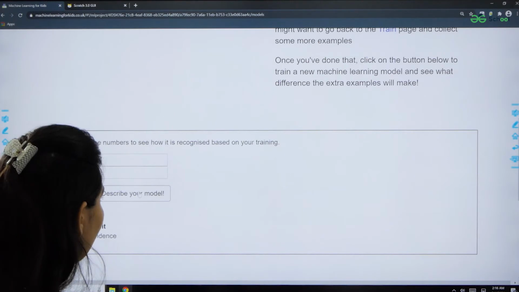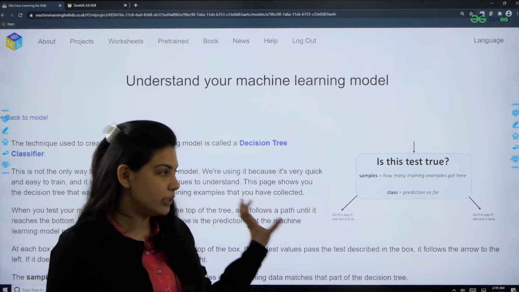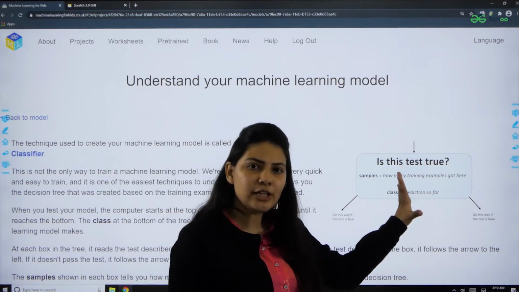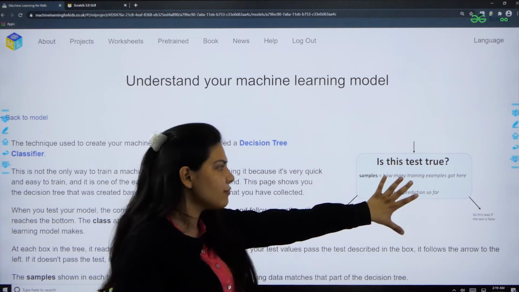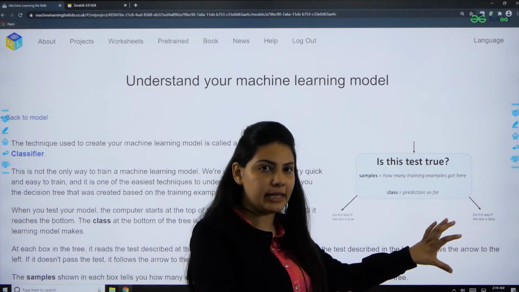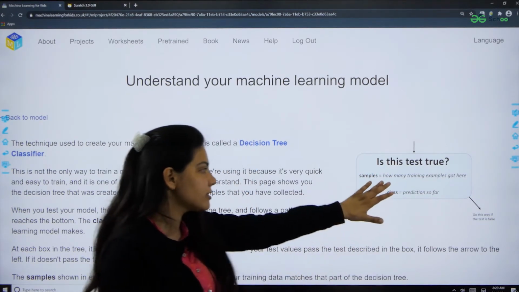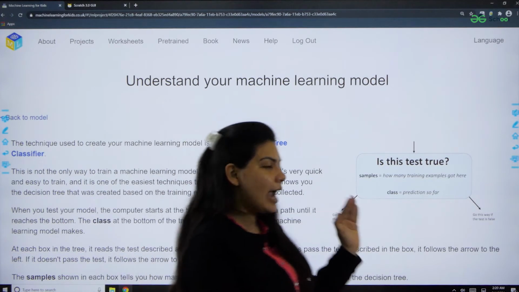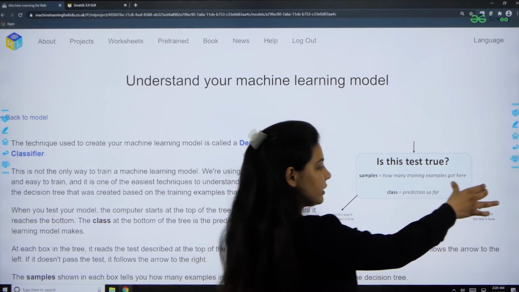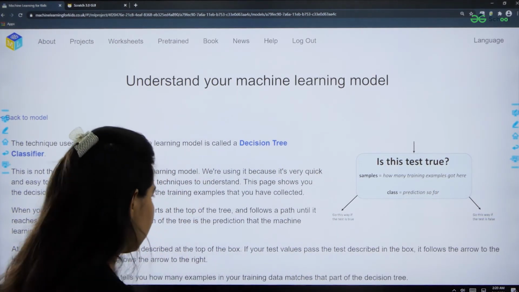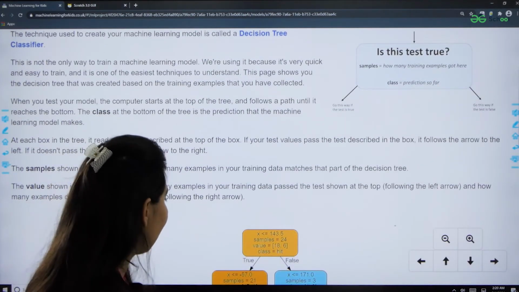I'll select describe your model. Okay, so you can see what my machine learning model is actually doing. It's dividing my condition into two parts. If there is a coordinate or an angle we have set such that it's true that it would be a hit, then it goes to the left side. And if the prediction is wrong, that is, missing the shot, it would go this way if the test is false. So I'll just show you a short example of how this model is working.